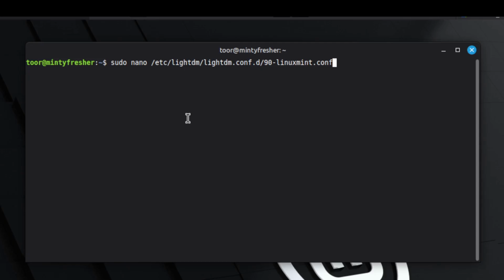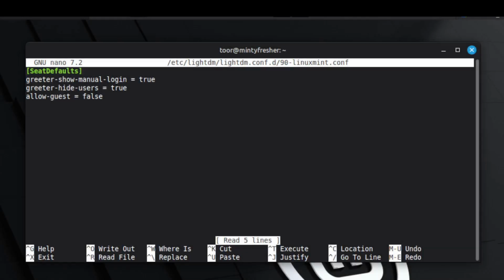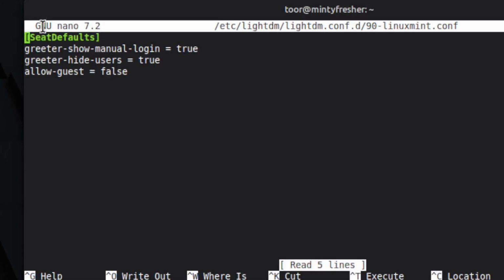/etc/lightdm/lightdm.conf.d/90-linuxmint.conf and hit enter. By default, this location is blank. You're going to enter in the following data. Enter in as shown on the screen. SeatDefaults, one word, in brackets, capital S, capital D. Underneath, enter in greeter,